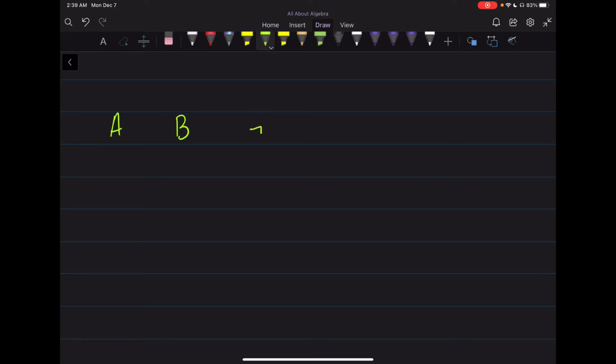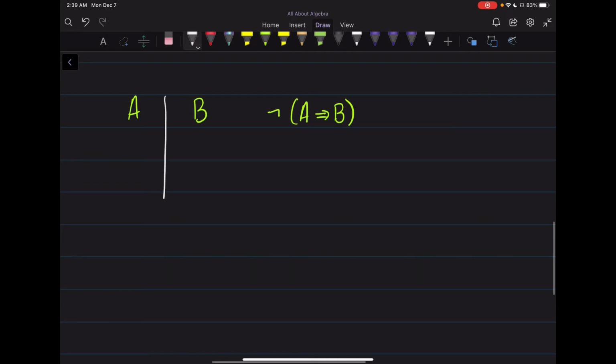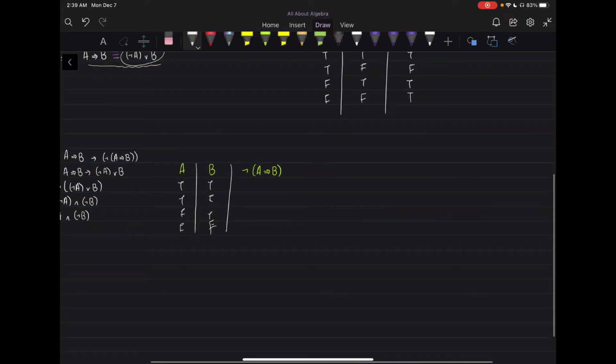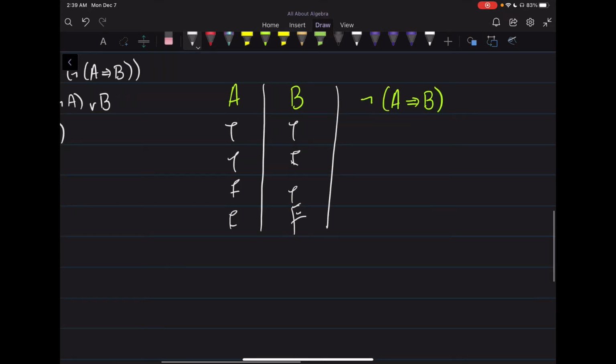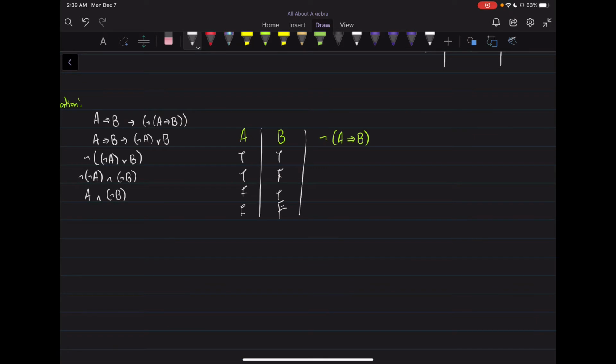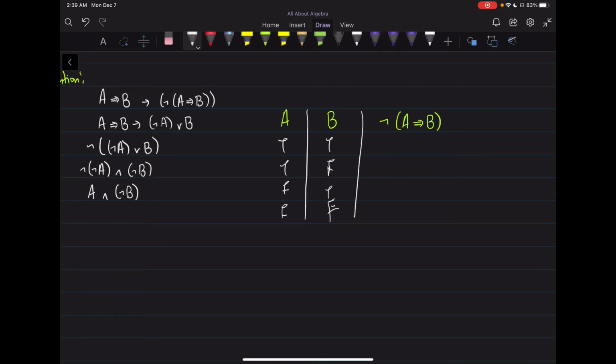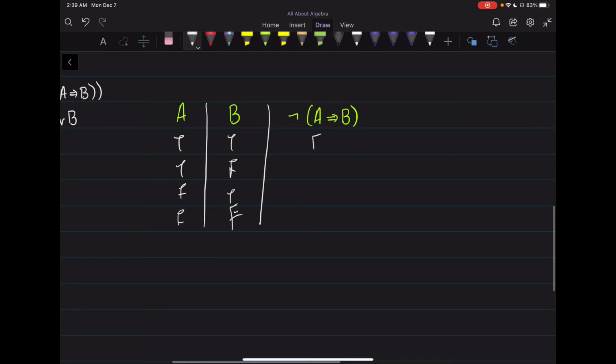And then we get negation of A implies B. So if we have true, true, false, false, true, false, true, false. Okay? There we go. So if I have true and true, right? So I have true and false. So this would give me false